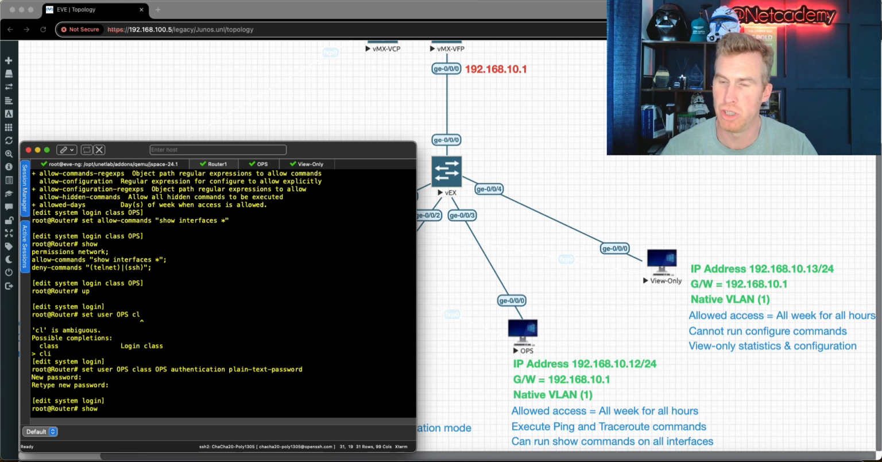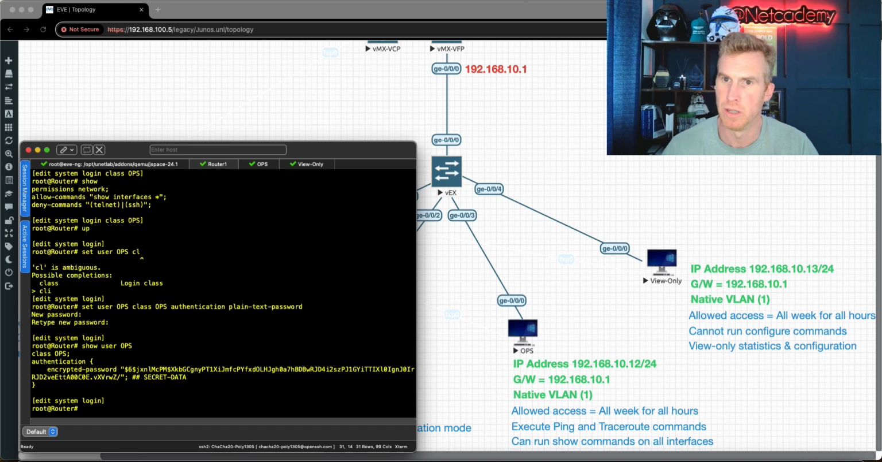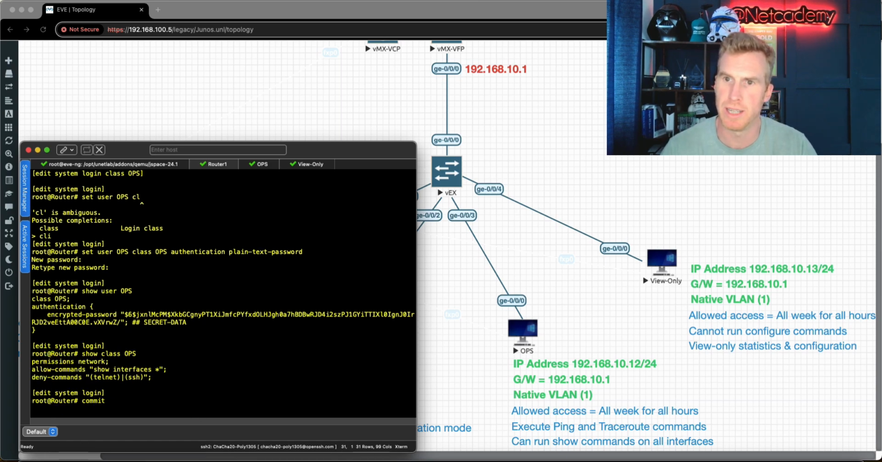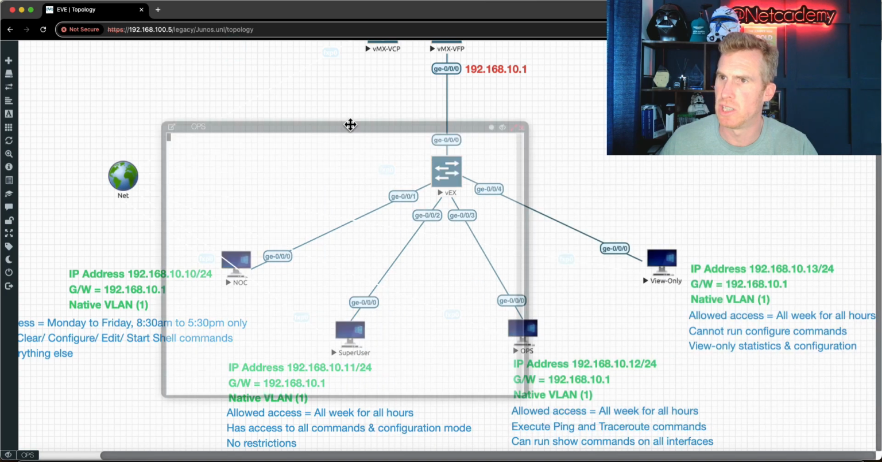And now if I do a show user ops, we can see the user class of ops with authentication as juniper. I don't know why it keeps doing encrypted password. It's just one of these quirks with this free software. And if I do show class ops, you can see everything we've just created here. Now if I just do a quick commit on this,